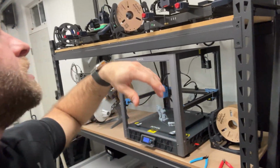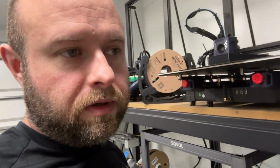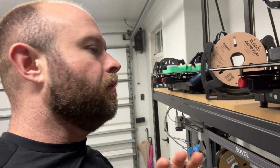It's a big box. Over here we had on Cobra 2 again, this is the one that kept lifting over the past couple videos with those rolling trays. I didn't wash it with Dawn dish soap, but I did spray the living daylights out of it. I soaked it in 99% alcohol, wiped it down really good. The bed adhesion isn't the issue, but